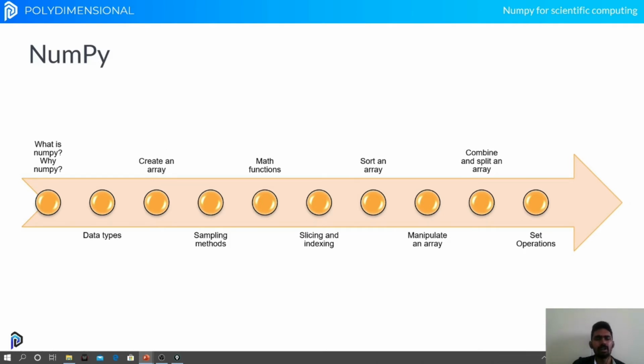Next we jumped into creating an array. In creating an array we saw various methods, from Python iterators to using arange, random variables, and many others like np.ones and np.full. We looked into various functions that can be used to create a NumPy array. Then we jumped into sampling methods, especially the np.random module. It had many subfunctions like random, and we also saw how to choose a random choice, how to shuffle elements, and that there are many kinds of distributions from which we can generate our random numbers. We provided a link where you can see various other distributions that you can include.